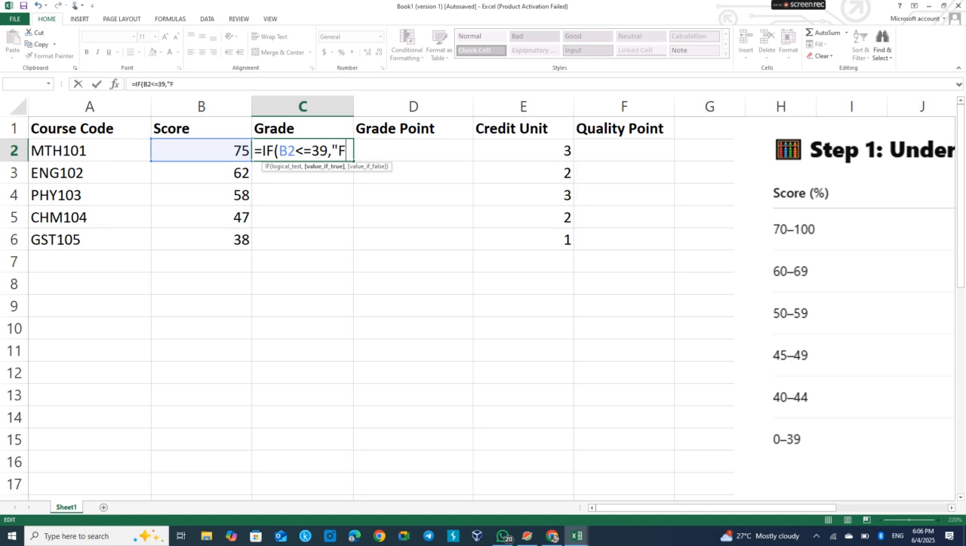So you put your F in quotation, then you put a comma, then you put IF again, then you open another bracket, then you say again, if B2 is less than or equal to the next grade point, which we can see over here, is 40 to 44. So we are going to pick on 44. Then you put a comma, then you put a quotation. That one should be E